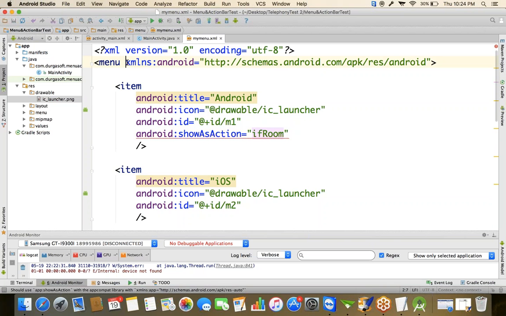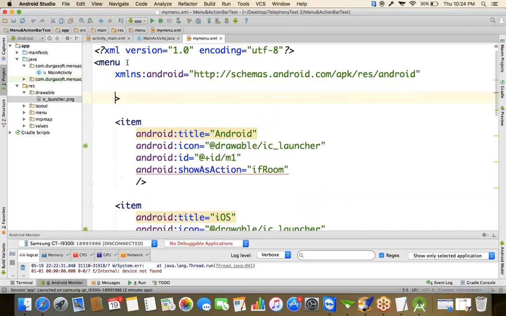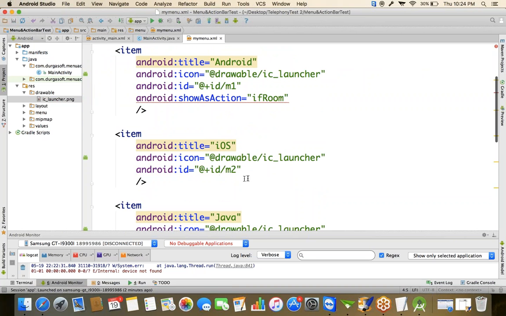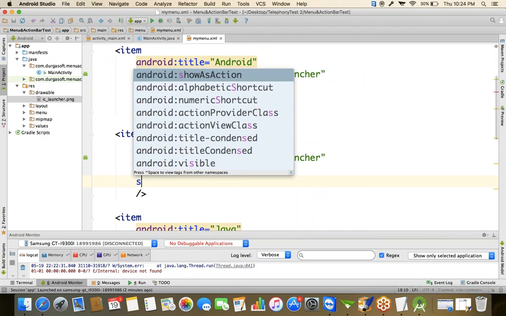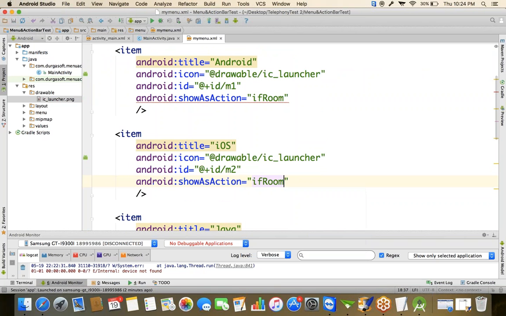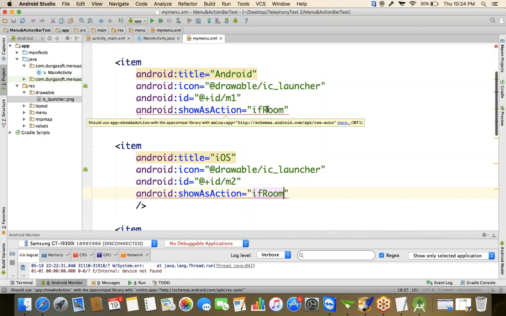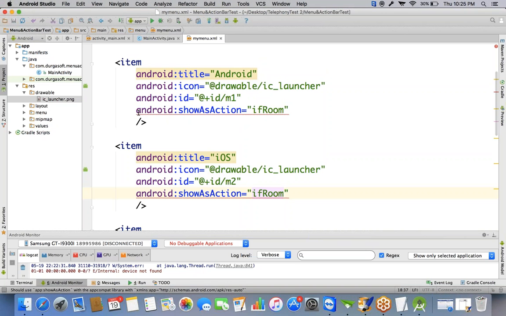Okay, but it is asking us to add one more thing. For this Android and iOS, I'm adding the show as action if room option. If space is available in the action bar, then only display this menu icon in the action bar. We specified show as action if room, but this requires app colon show as action. It requires one additional tag in the header tag, that is resource auto,